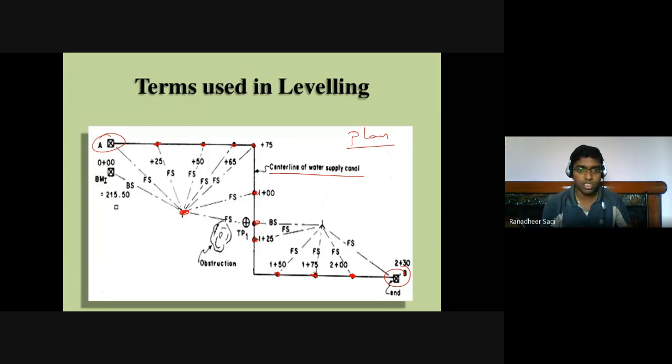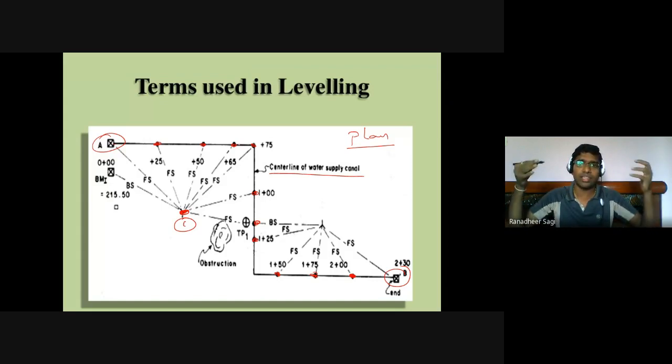So let's say, for example, this is my instrument station 1. This is the position of instrument station 1 where your instrument is initially set. By placing the instrument at station 1, first we bisect for taking some reading. Whenever your work is getting started for the first time in that particular location,